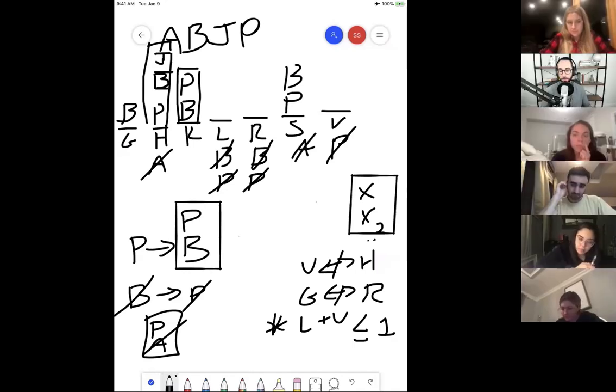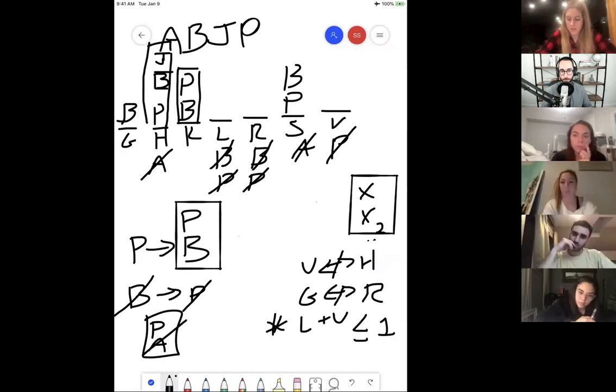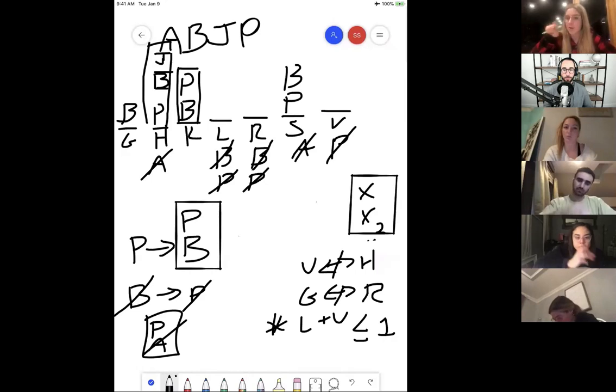Yeah, Madison. I did that because I didn't write V and H as your double arrow. I did V then H, and then I did the contrapositive. So that told me that anything that's in H cannot be in V. And so I was just more clear on my page. So then I basically had to knock out J, B, and P from V, and all that's left is A.